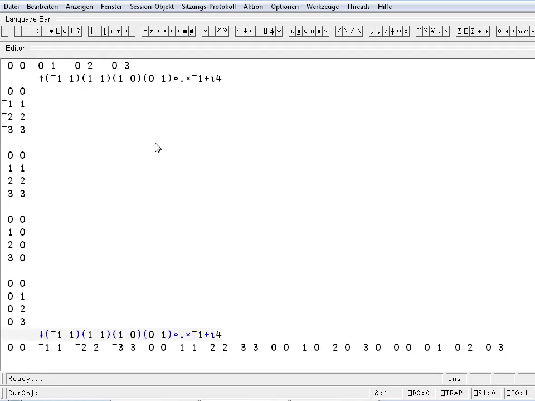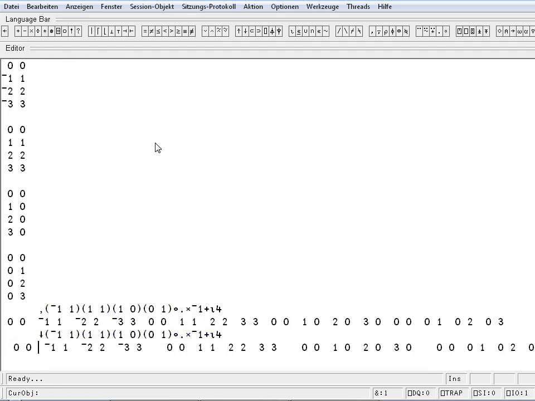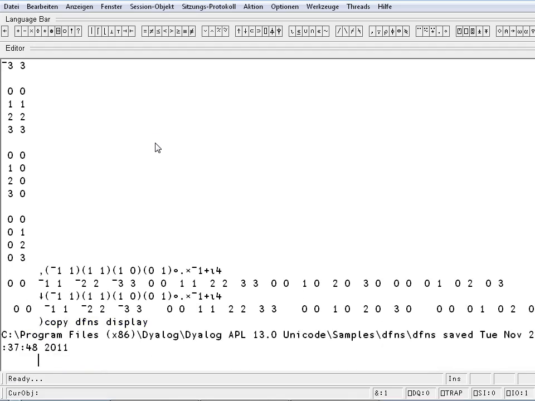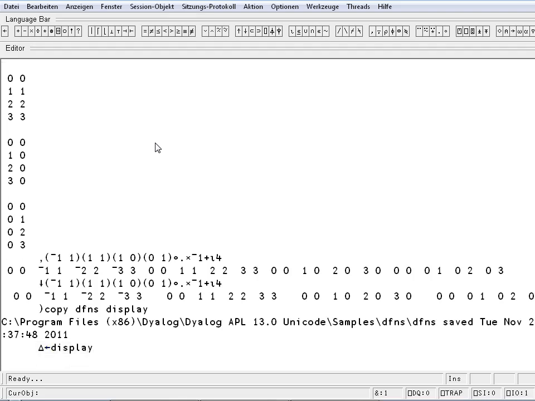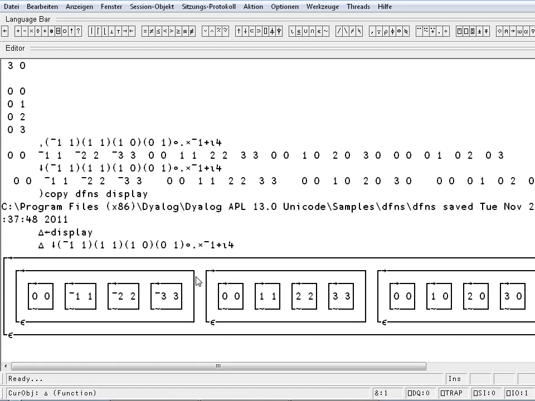No, like this. Let's look at this with the display function. So these are now enclosed in these four vectors here,